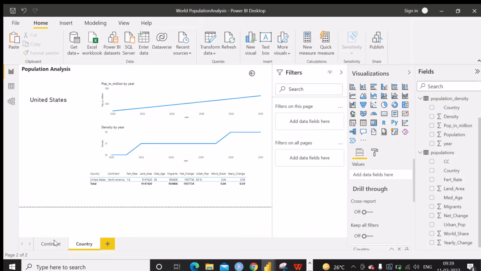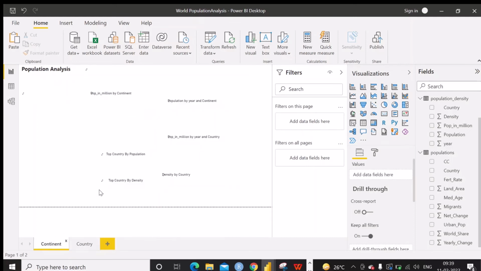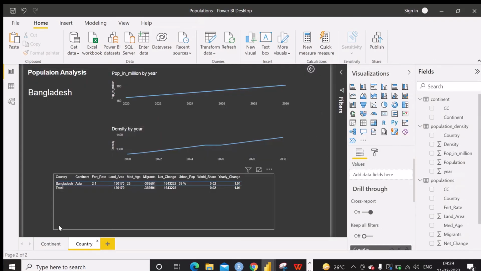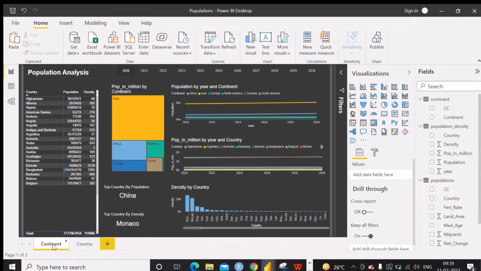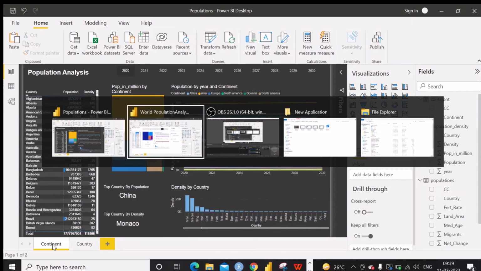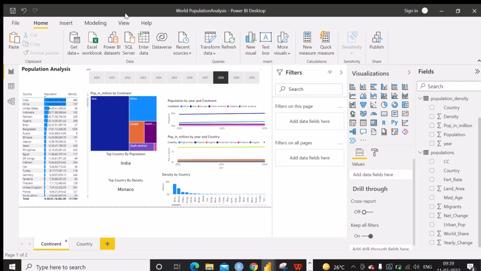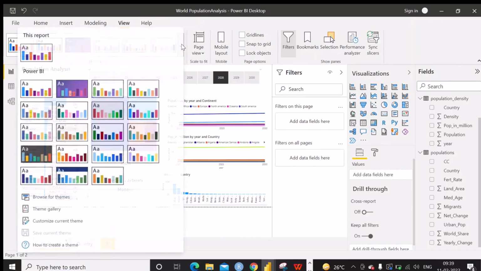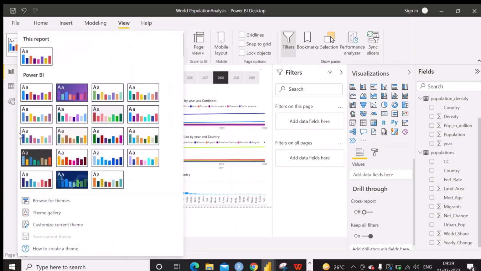Now, to make it very simple, I am going to apply a theme so that it will look like this one. I am going to apply a theme that is already available here. So I am applying the theme, this one.